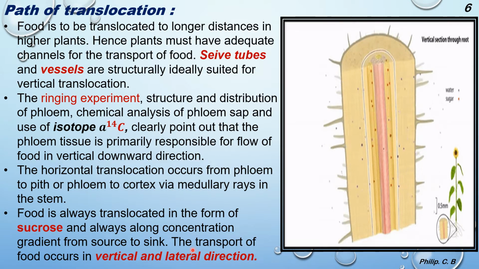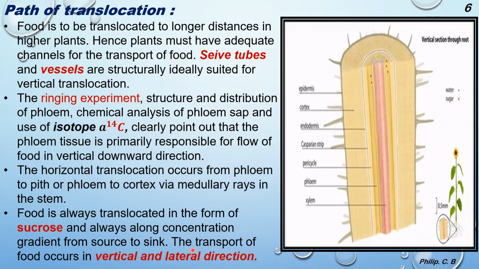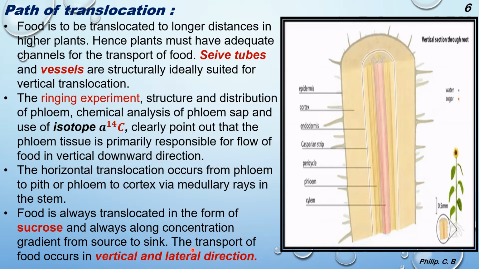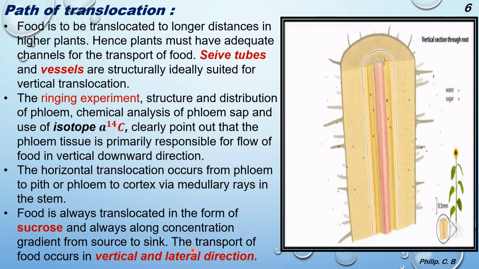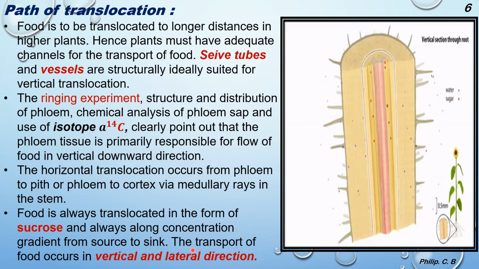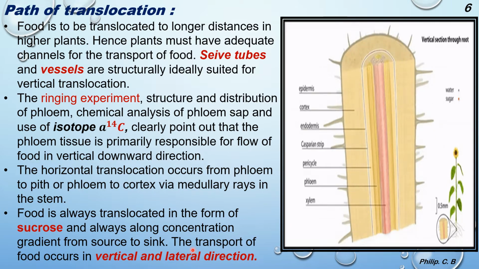That is, as we know, the glucose is prepared in the food. It is transported or translocated in the form of sucrose, and we learned two terms earlier, source and sink. So it is carried from source to sink, that is, from the place where it is produced to the place where it is required, that is stem and root. Also, along with the vertical transportation from top to bottom, from the leaf to the various parts,